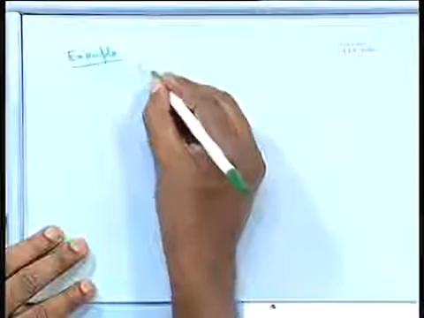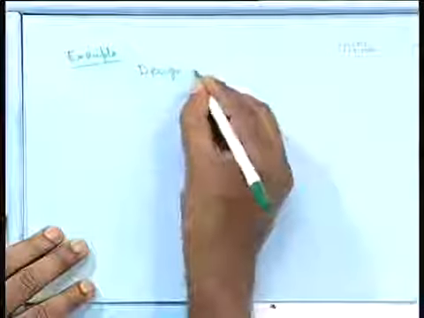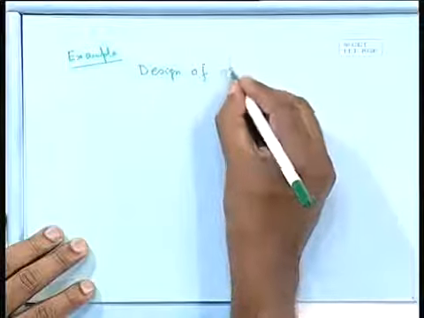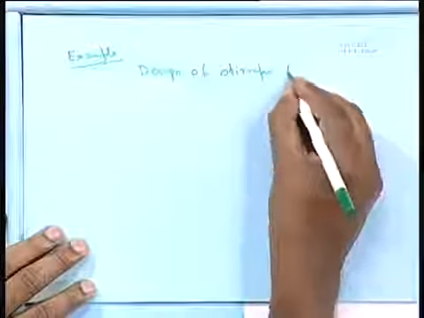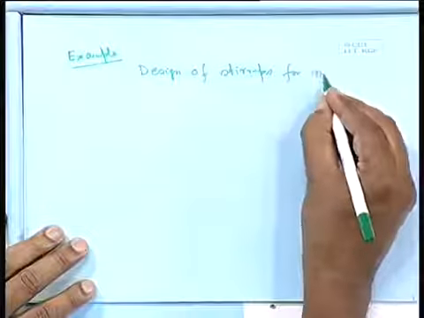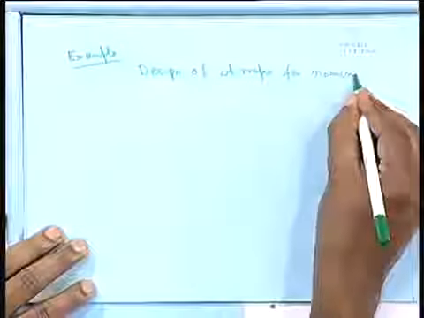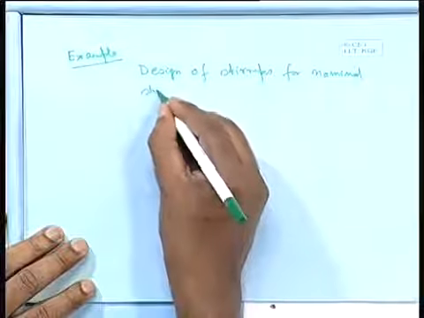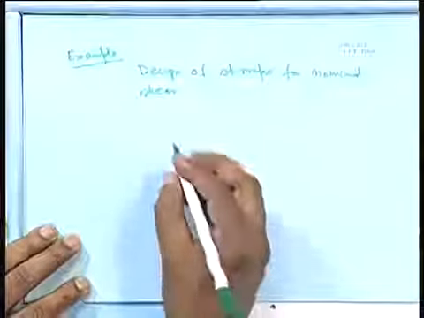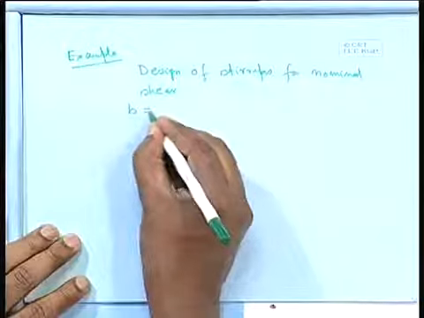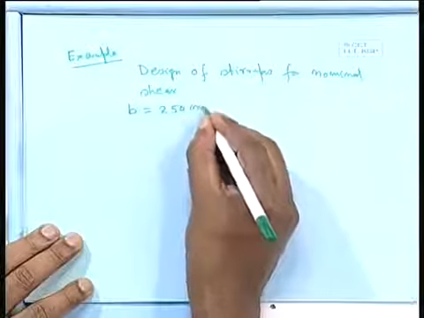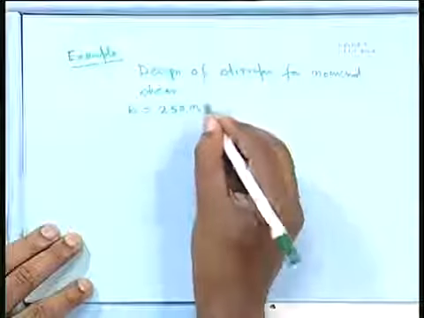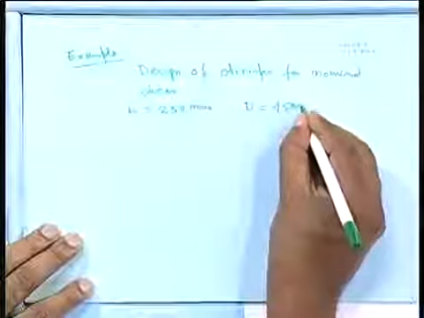So, design of stirrups for nominal shear. Let us take B equal to 250 millimeter, D equal to 450 millimeter,